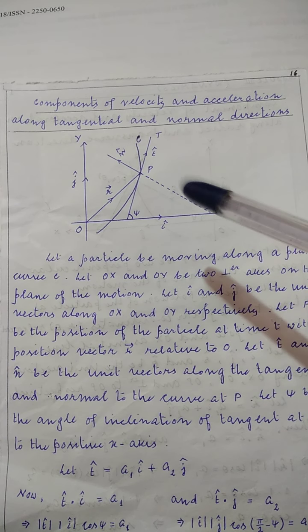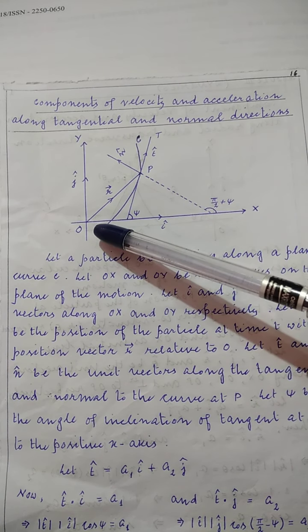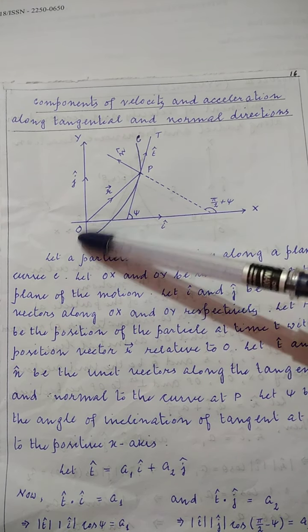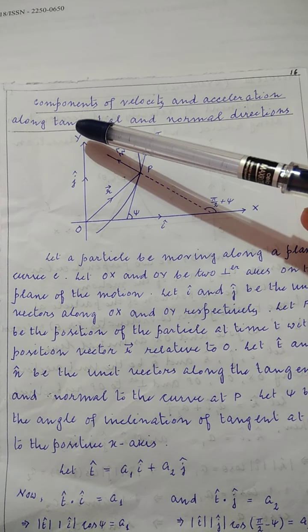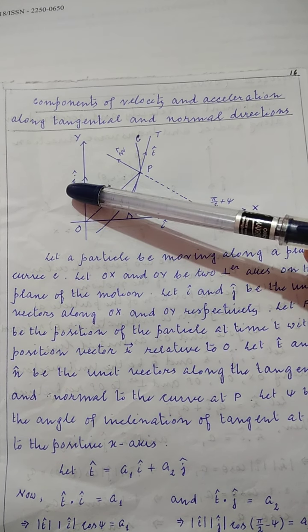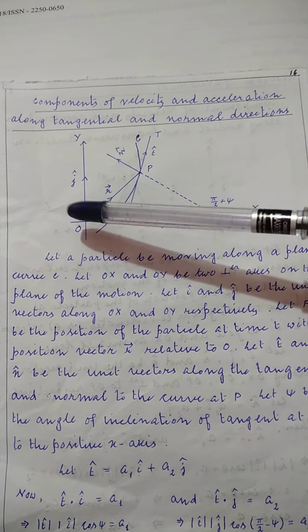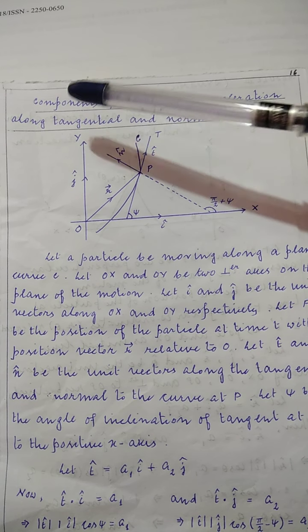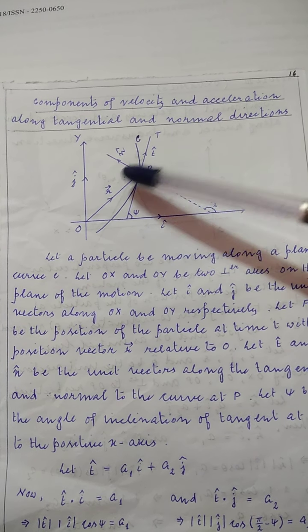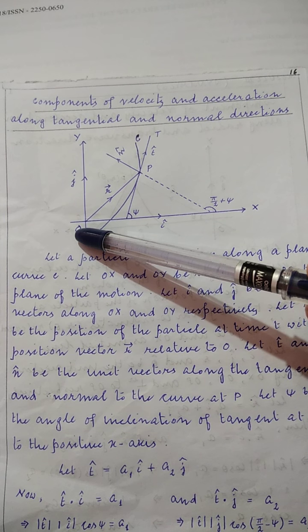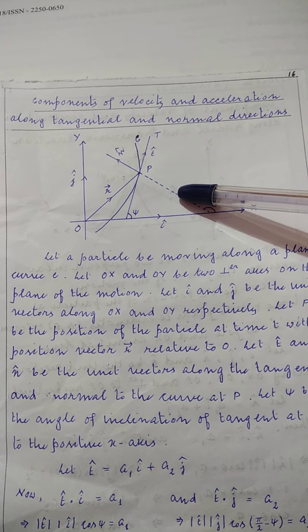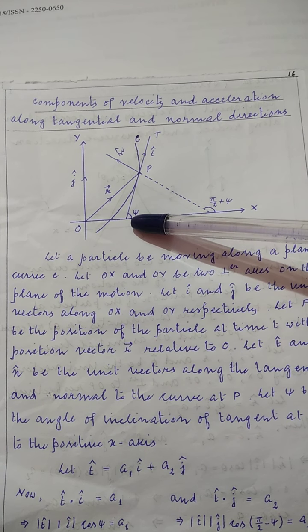So just to look at the figure, let a particle be moving along a plane curve C. Let OX and OY be two perpendicular axes on the plane of the motion. Let i cap and j cap be the unit vectors along x-axis and y-axis respectively. Let P be the position of the particle on the curve C at time t with position vector r referred to O as origin. And let t cap and n cap be the unit vectors along the tangent and